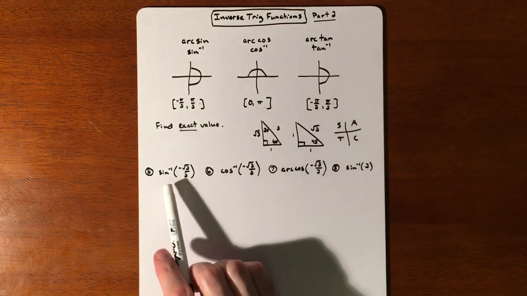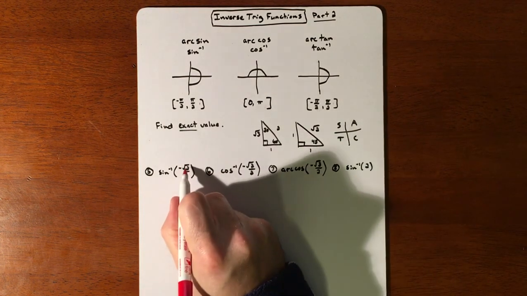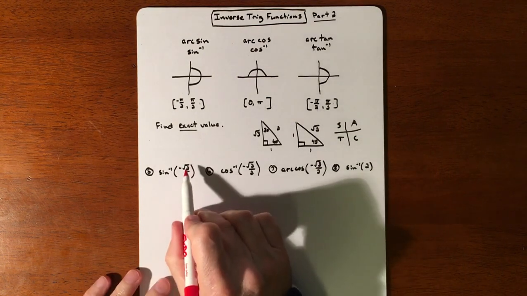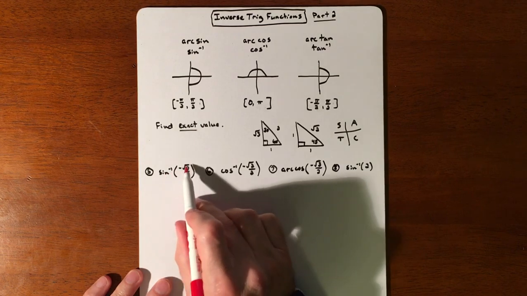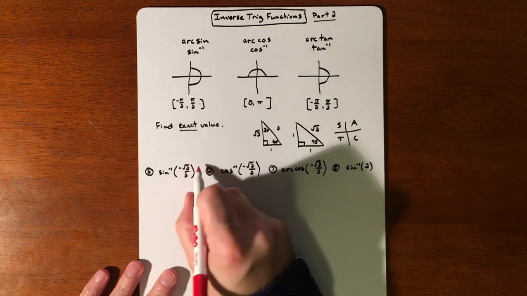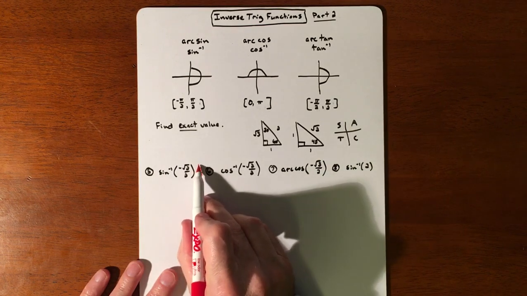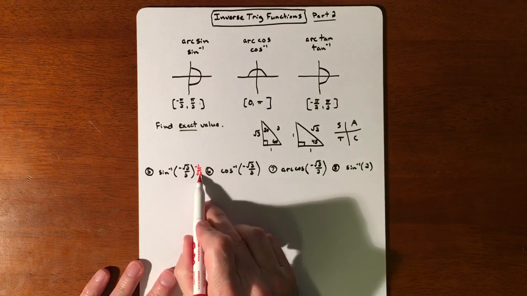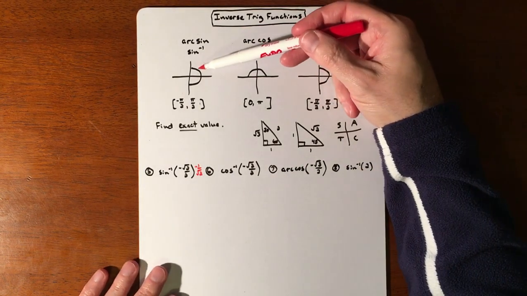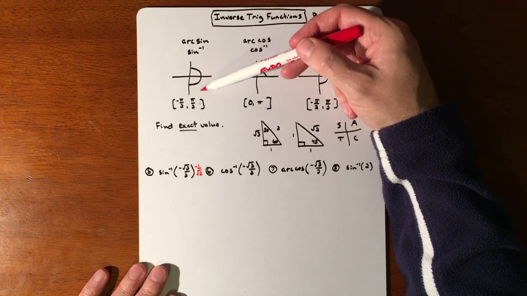So if we are looking to do inverse sine of negative root 2 over 2, again, the whole idea of an inverse is you're trying to figure out what angle would have given you that answer. So sine of some angle is going to get you a negative root 2 over 2. And remember that this would have come from an unrationalized negative 1 over root 2. So sine is narrowed down to these two quadrants for your inverse,